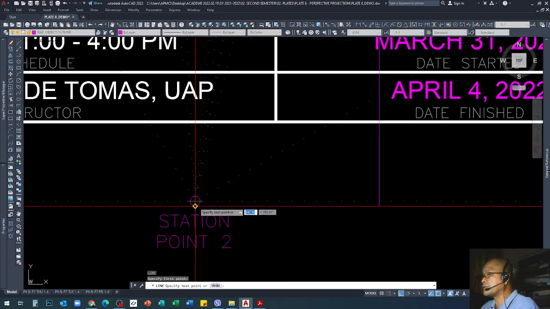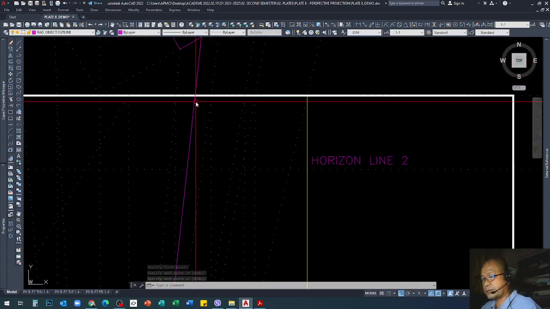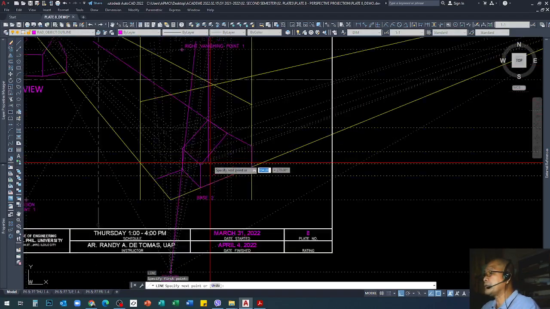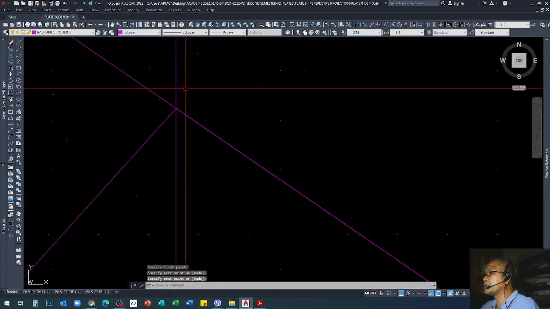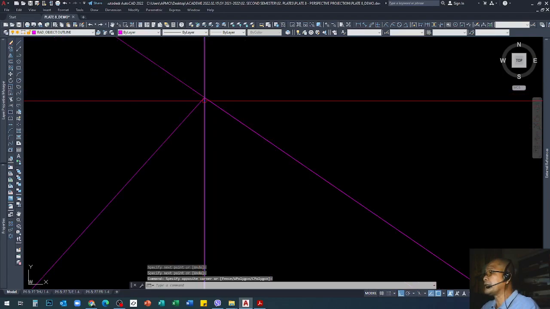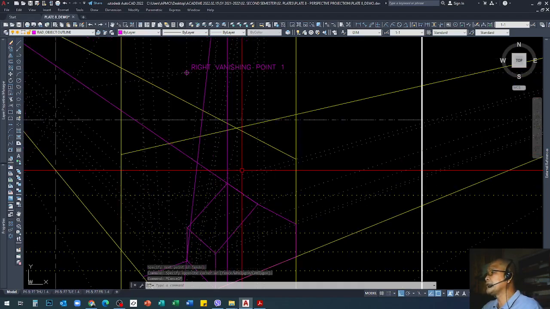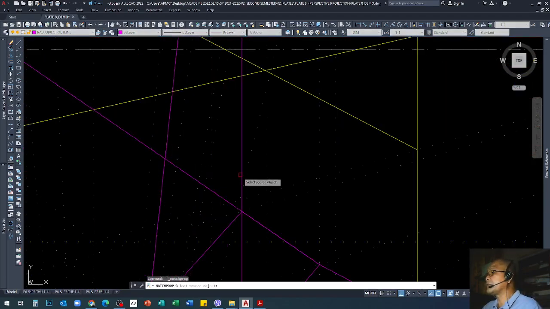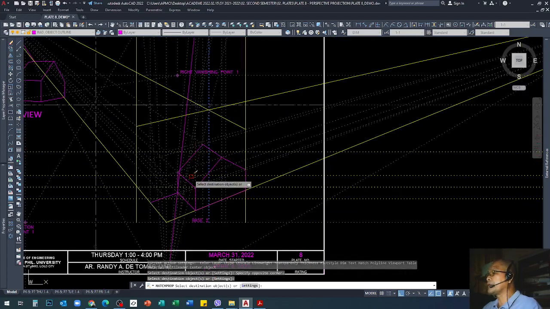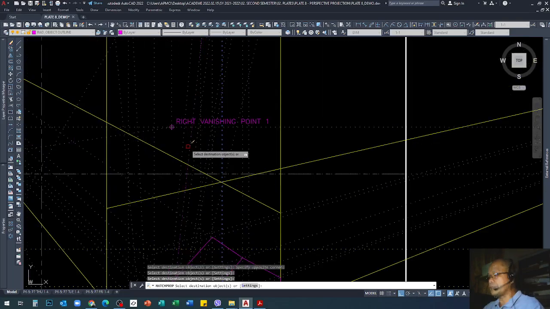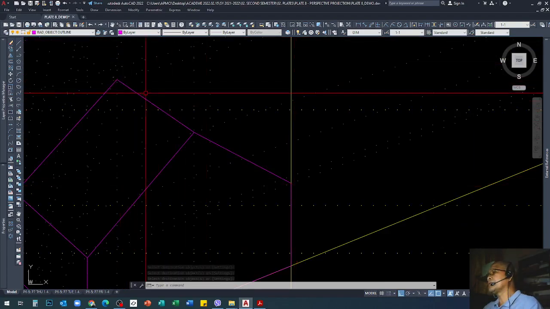Okay, station point, intersection in your picture plane, which is this one. Draw a vertical line up to your base. So see, it is exactly there. So the intersection of that projected line and this line here, they intersect each other, and it means you are sure that is the right point of your perspective. Alright, so we've done the front part, and we need to do some small portion